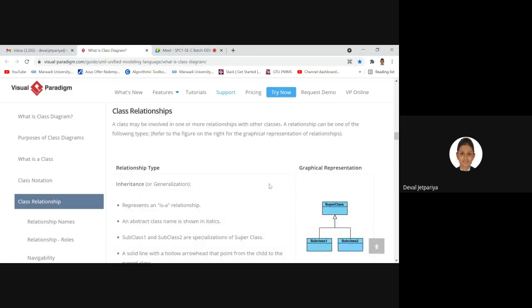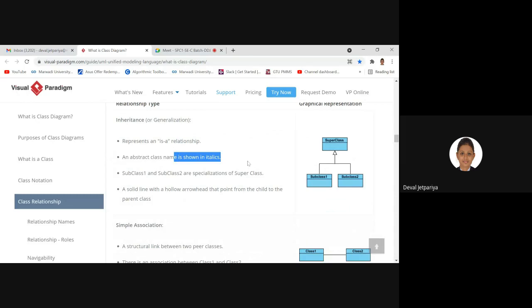Now, what other types of relations can you mention? The first is inheritance, or you can say generalization, like an is-a relationship. An abstract class name is shown in italics. Subclass 1 and subclass 2 are specializations of the superclass. For example, computer engineering is the superclass. Now AI, that is artificial intelligence, and big data, both can be represented as subclasses, yes or no?